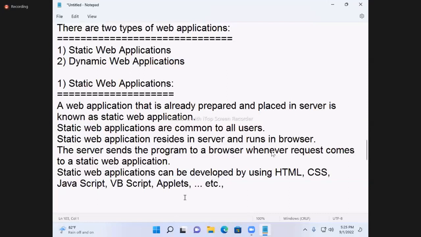So HTML program also is a web application only. Servlet program also is a web application only, but a lot of difference.